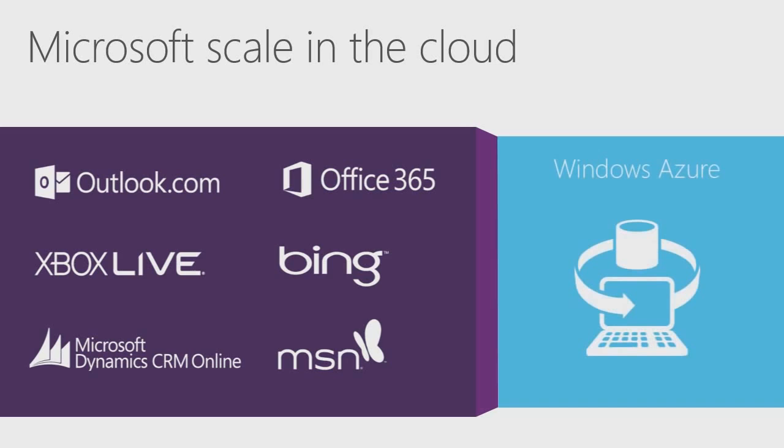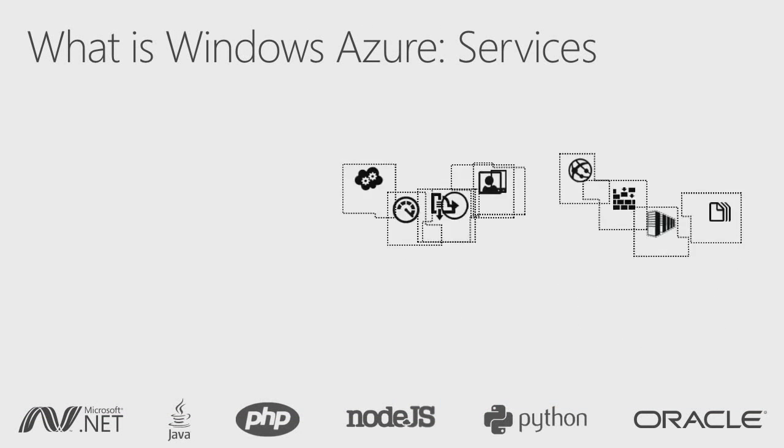Microsoft offers real-world experience with massive scale deployments that are unmatched, with built apps and services such as Outlook.com, Bing, Xbox Live, and Office 365 on cloud technology. As an example of the kind of reach we're talking about, Office 365 is now used by more than 20% of all enterprise organizations worldwide. There are over 5 billion Bing queries monthly and over 40 million Xbox Live users. So all of this technology has been used to build Windows Azure.